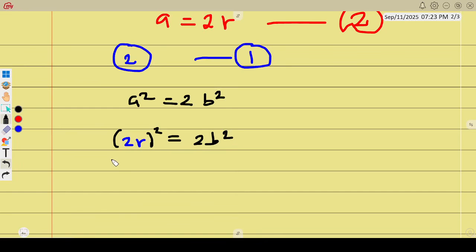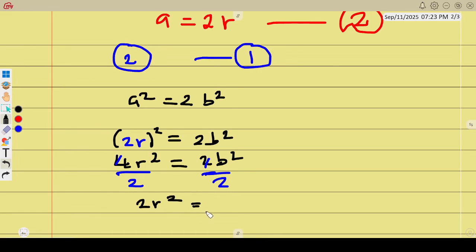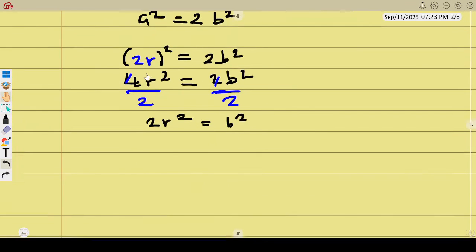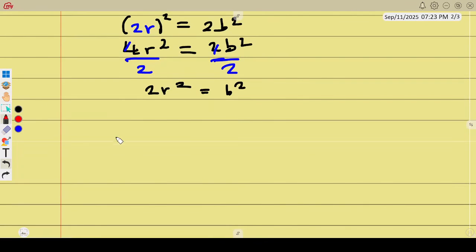So we can simplify this. We're going to have 4R squared equal to 2B squared. To simplify, we divide both sides by 2 so that this can cancel. What we remain with here, 4 divided by 2, is just 2R squared, and here they cancel, we just have B squared. So do you know what this means? According to the theorem, you start writing therefore